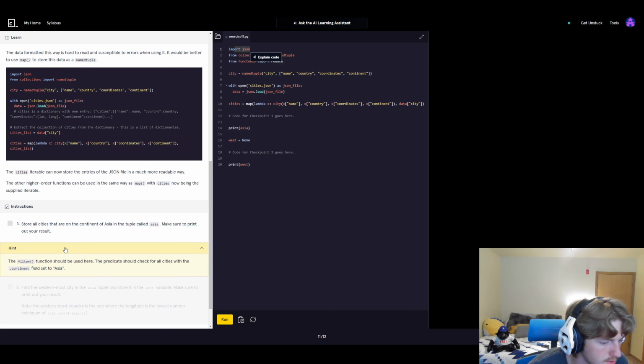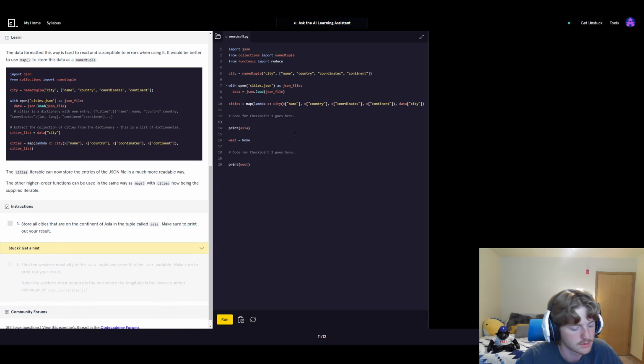The filter function predicate should check all cities with the continent field set to Asia. So Asia is equal to filter lambda x if x dot continent